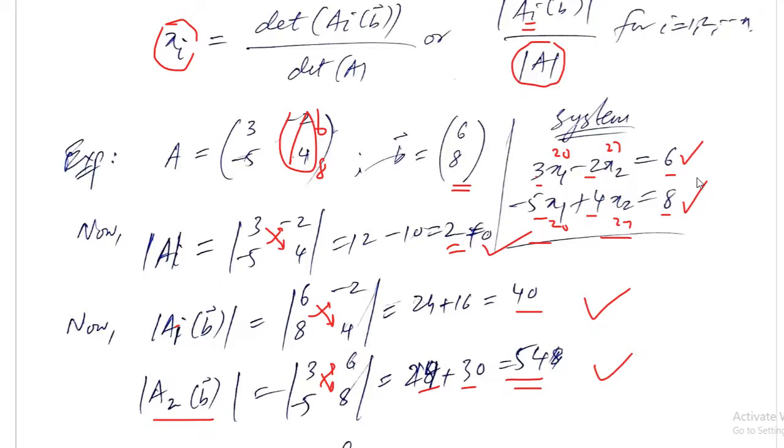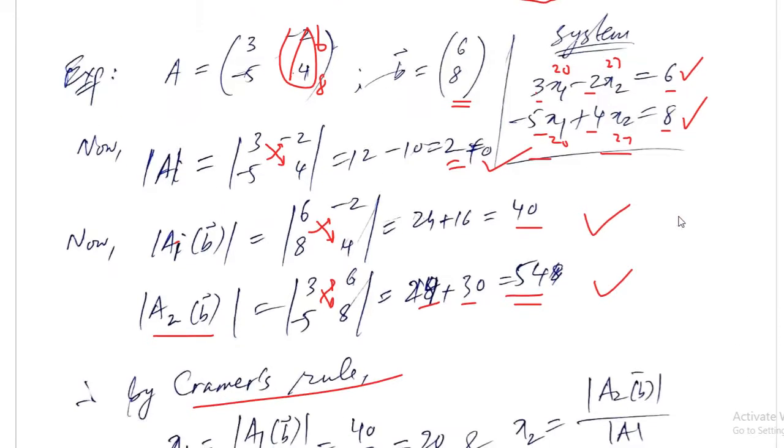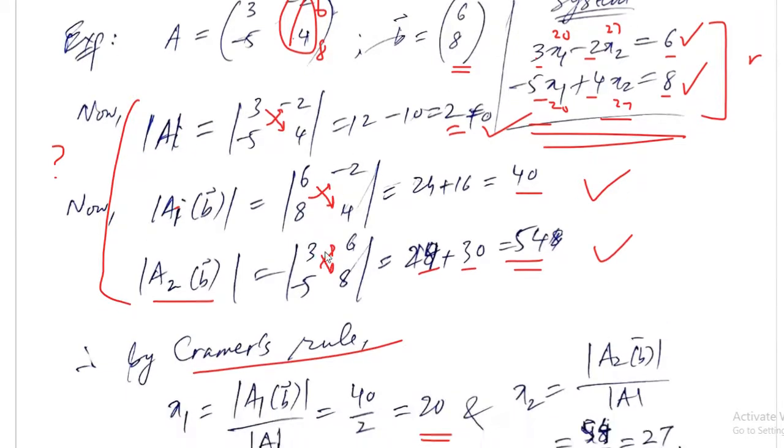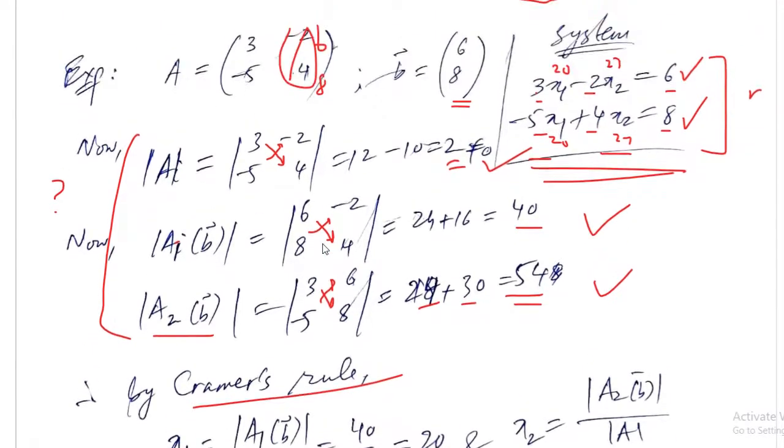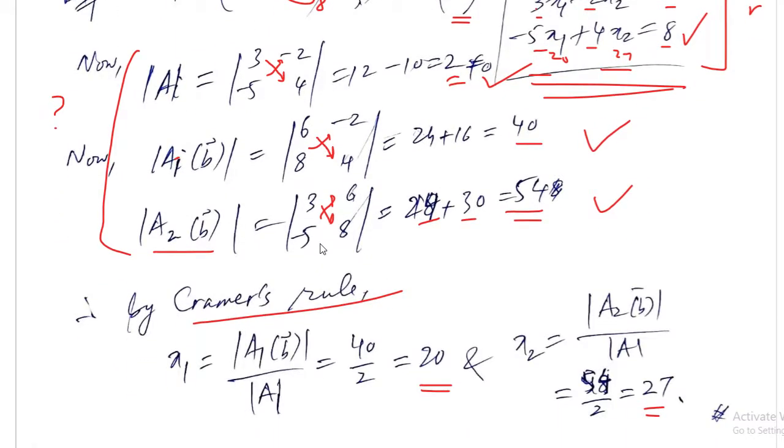It does not take time to check whether our solution is correct or not, but we should always do that, right, to make sure our solution is correct. If there is some mistake, of course it will not satisfy the equation. If it is not satisfying the equation, we can go back and check our calculation. Maybe we have made some mistake in calculating the determinants, or maybe in replacing the right hand side in the columns. All right, so this is the simple method of solving the system of equations.